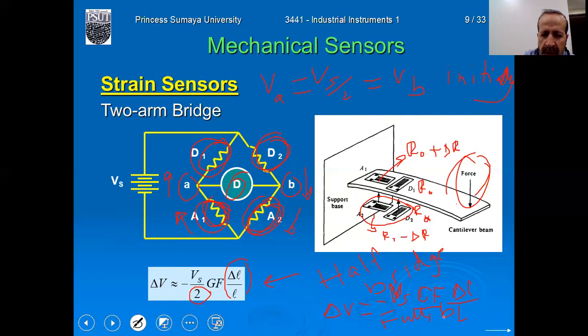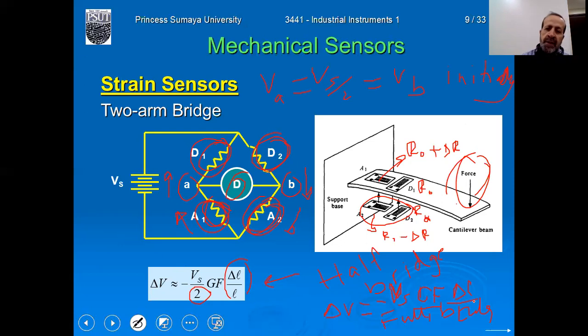We divide by 1 for the full bridge. For a half bridge we divide by 2. For a quarter bridge, we divide by 4. So the largest sensitivity is when we use the full bridge. Full bridge means we use the 4 strain gauges